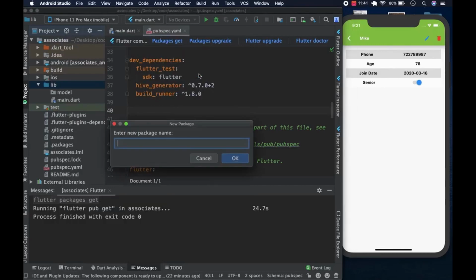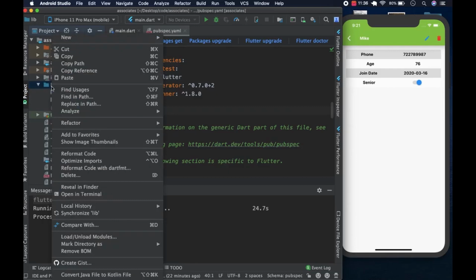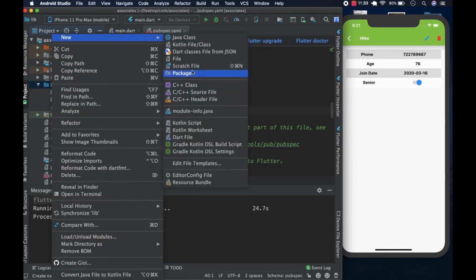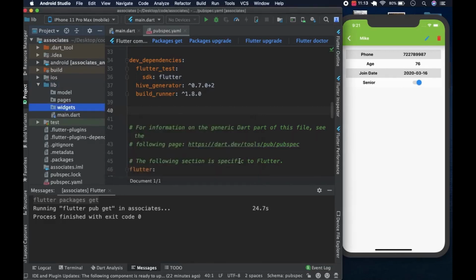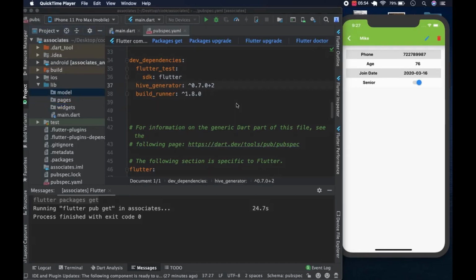After that, we will have the pages like this, and the final one we're going to use is a new package called widgets. We're going to use a couple of widgets like the toast, things like that. So like the toast, the list, the associate list, the associate tile that you see, we'll put them as their own widgets. So hit OK, and yeah, so now we have created the folder structure. Let's work on the model, and to do that we'll